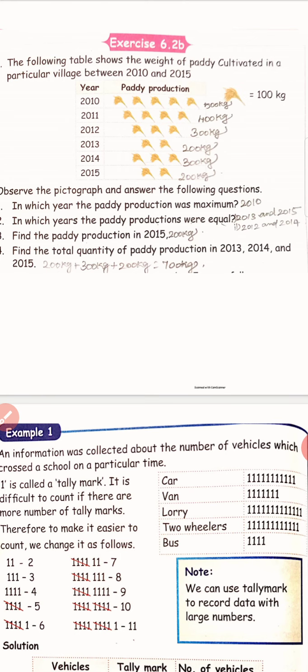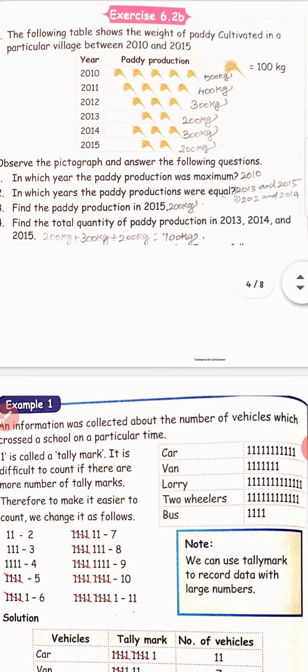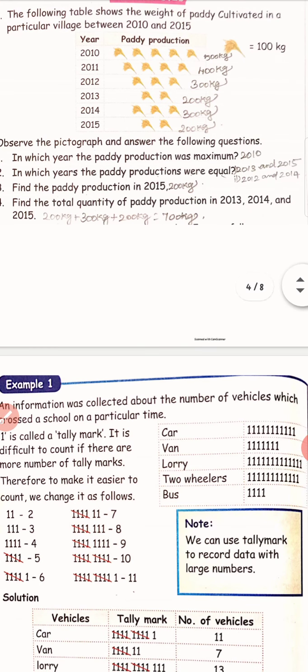So in 2010, how many kgs of paddy production? 5000 kg. 2011 4000 kilogram, 2012 3000 kilogram, 2013 2000 kilogram, 2014 3 paddy pictures means 3000 kilogram. 2015 2000 kilogram. Do you understand this one? Okay, next we